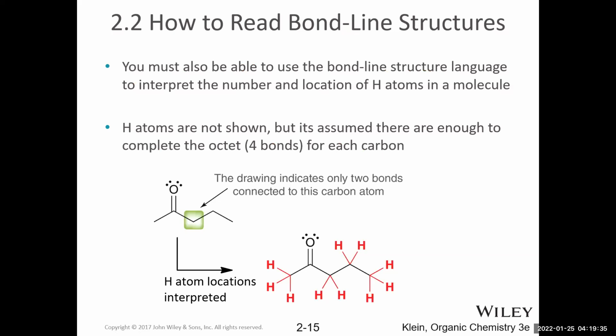So another skill that you need is to be able to know how many and the location of hydrogen atoms in a molecule. So for example, you may recognize by now that this is a carbon atom at this particular bend or intersection between these carbons that are attached to it. But additionally, you need to know that because the carbon makes 4 bonds and only 2 are shown to the 2 other carbon atoms, that there must additionally be 2 bonds to hydrogen atoms that are just not drawn in.